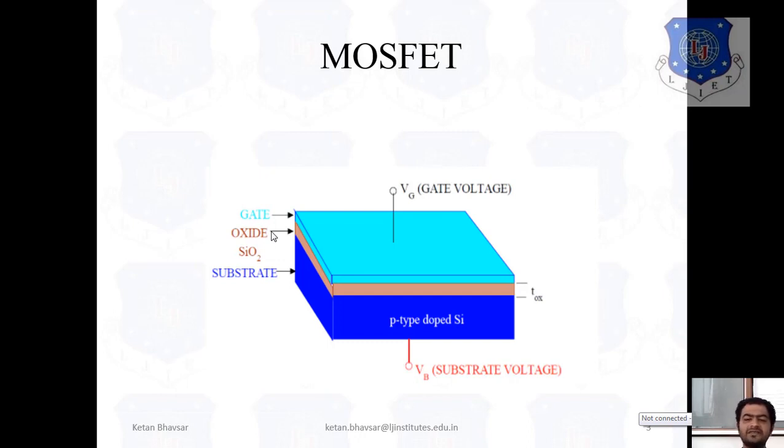Basically, when we talk about terminals, we are considering the gate, drain and source. But in the 3D view, it looks like a sandwich. On the upper side you can see the gate voltage or gate terminal, and on the lower side the substrate voltage. As I already told you, we are not considering the substrate in a number of cases, because we ideally consider the substrate voltage equal to 0. But now we move to the next, and also consider how the gate voltage and the gate, drain and source terminals affect the substrate too.